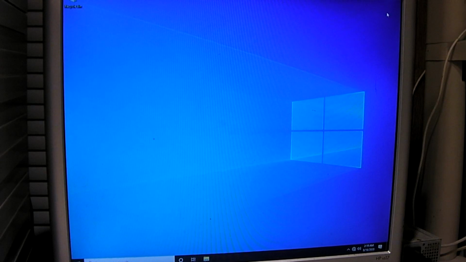Hey everybody, so in this video I'm going to talk about how to configure Windows 10 to store files on a drive that's different than your C drive. For example, this computer here has a 240GB solid state drive and a 750GB traditional hard drive. We want Windows to store the pictures, music, videos, documents, downloads, etc. on the data drive, which is the hard drive, to leave space available on the C drive, which is a solid state drive. So what we gotta do is we're gonna go into File Explorer,